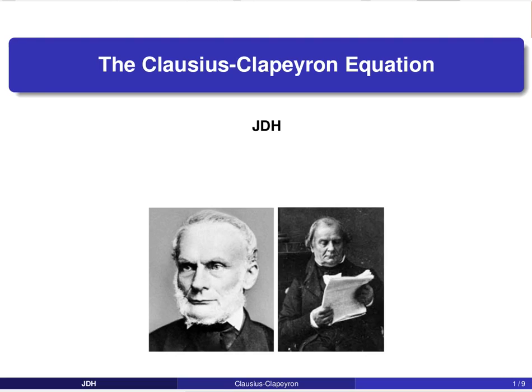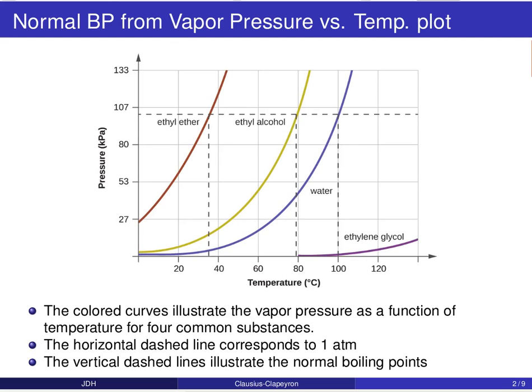In this video, we are going to take a closer look at the mathematics behind this vapor pressure temperature relationship that we explored in the previous video using the so-called Clausius-Clapeyron equation, named after the two scientists responsible for a lot of the initial work in this regard. So to start things off, I want to recall from the previous video that